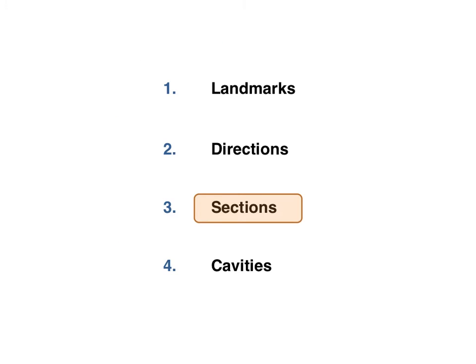A lot of times in anatomy and physiology and in clinical settings, you'll be looking at sections or slices of an organism or an organ. Sometimes these will be actual sections, like you might be putting them under a microscope. Sometimes they'll be virtual sections, like if you're looking at an MRI or a CAT scan. It's important to understand what section you're looking at in order to understand what you're seeing.